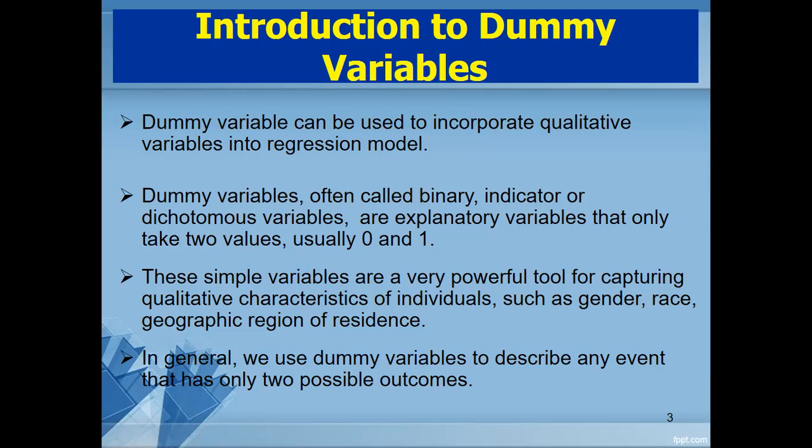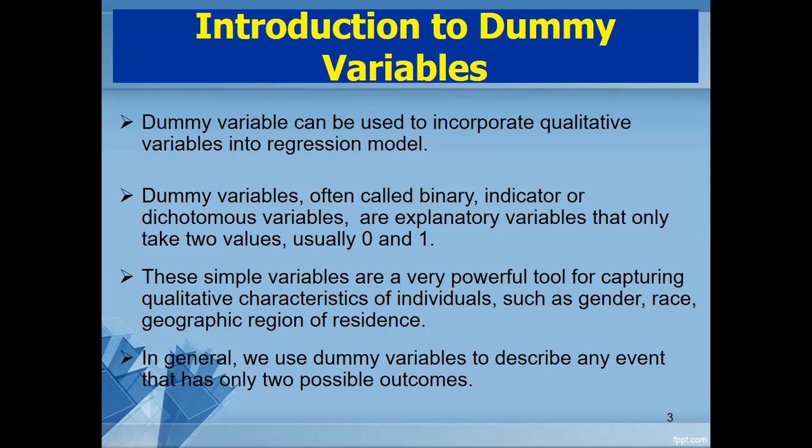But not only that, we have to deal with qualitative independent variables as well. For example, gender, the sectors, urban, rural, and estate sectors, and then ethnicity, maybe Sinhala, Tamil, Muslim, Burgher, Malay,